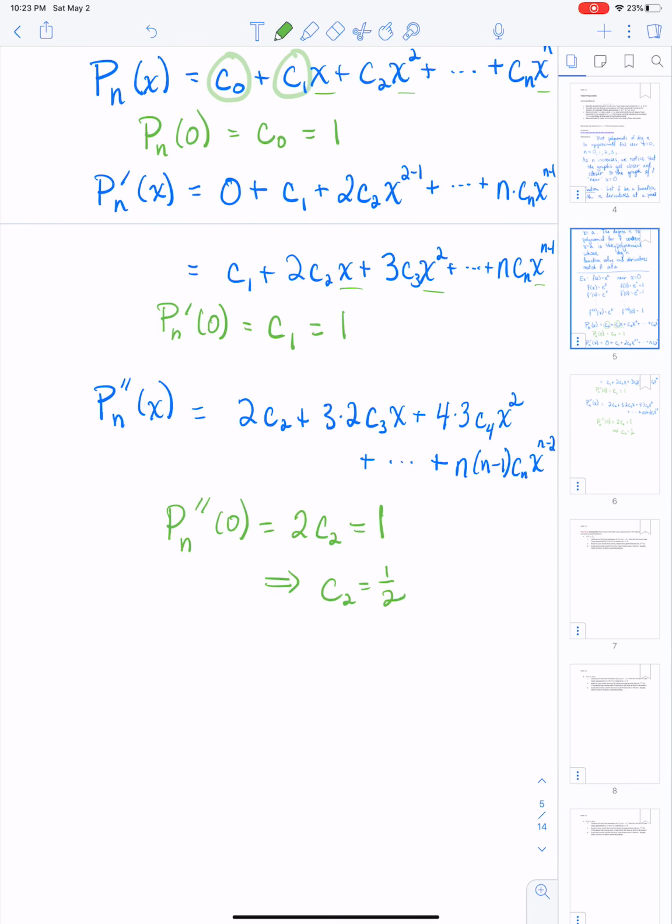If we continue one more time, I really want the pattern to become apparent, and I'm going to ask you to do something similar coming up. For the third derivative, instead of putting 3 dashes, I'll just put the 3 in parentheses, as you see here. So the third derivative is just going to be, well, this constant term in the beginning goes away, and then we're left with 3 times 2 times c3